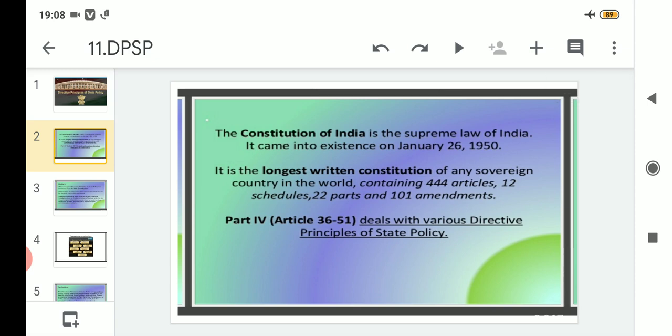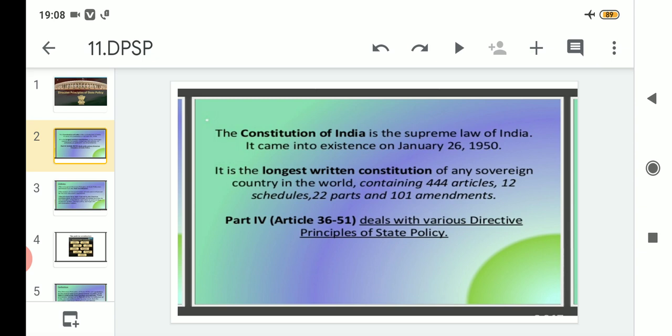The Constitution of India is the supreme law of India. It came into existence on 26th January 1950. Related to the Constitution of India, one chapter was there in class 9, and according to that chapter, the Constitution of India was ready by